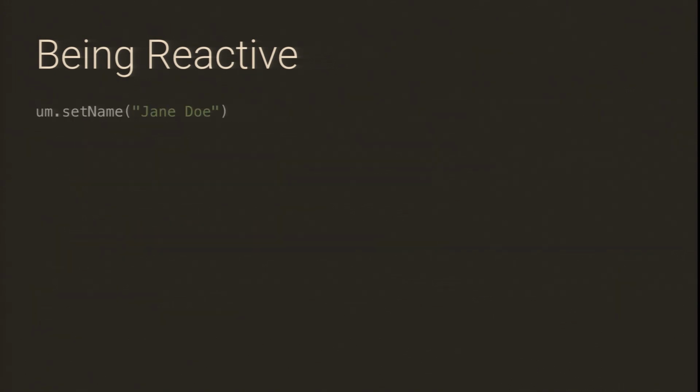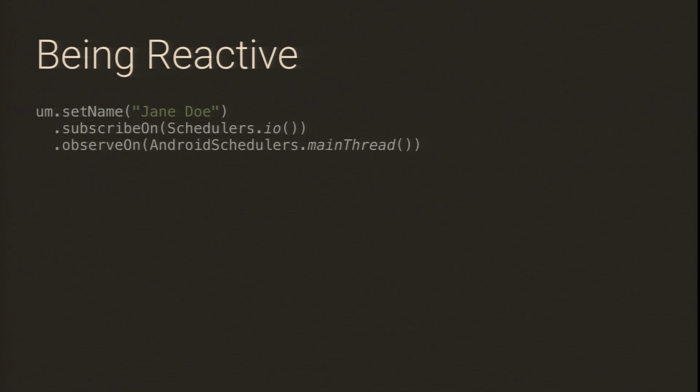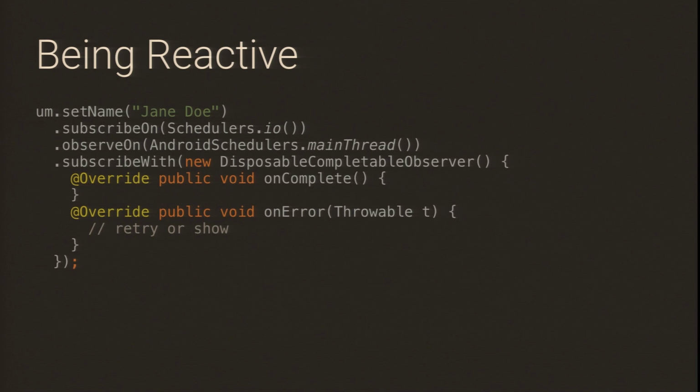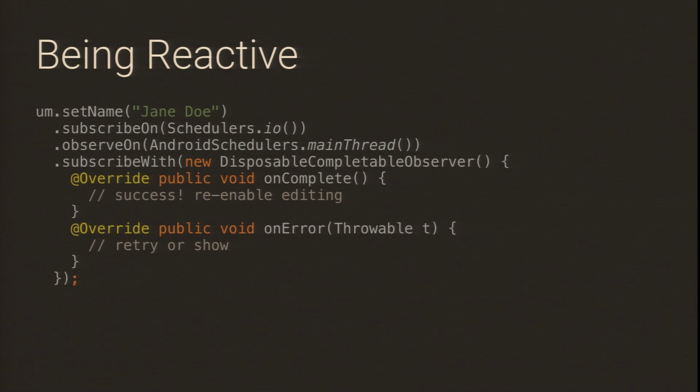And then similarly, if we are mutating, making network requests, we want that to happen on a background thread pool. We want to take the result of that network operation, observe it back on our main thread, and then we can re-enable the UI, assuming the user hits send or something. And again, this is a resource. It's a network request that's being made, and in case the application disappears out from under us, we want to free that resource so that it doesn't